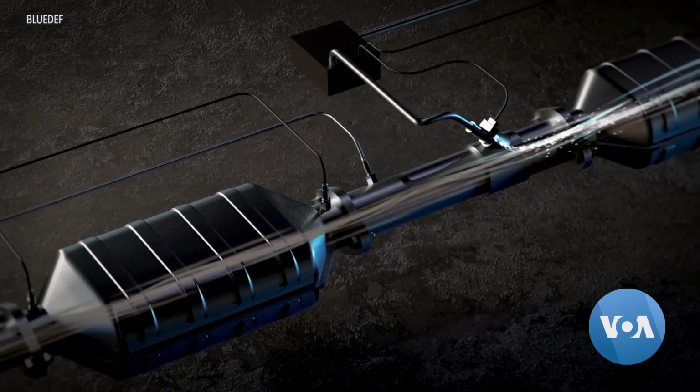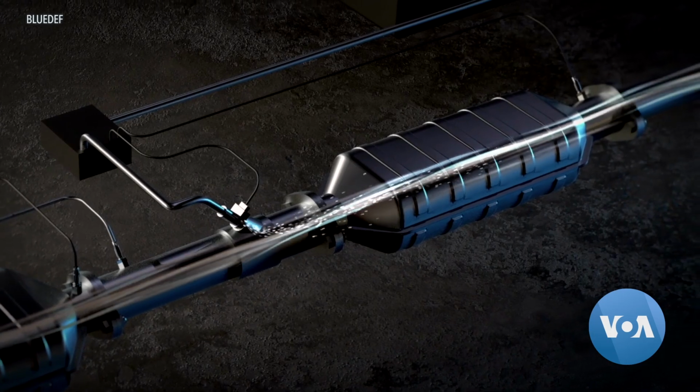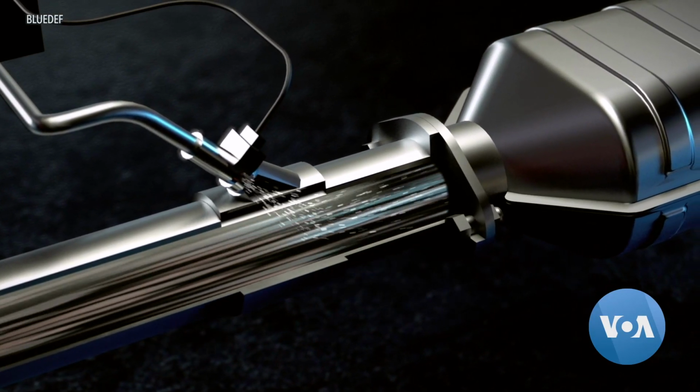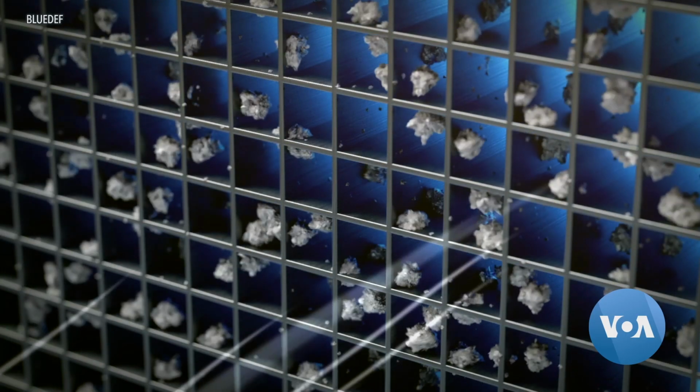The technology behind this is called selective catalytic reduction, SCR, which injects Blue DEF into the exhaust stream of the diesel engine, converting nitrogen oxides into nitrogen and water, elements already in the air we breathe, allowing diesel vehicles to meet EPA regulations. In some of the most polluted areas of the country, in Los Angeles, for example, the new